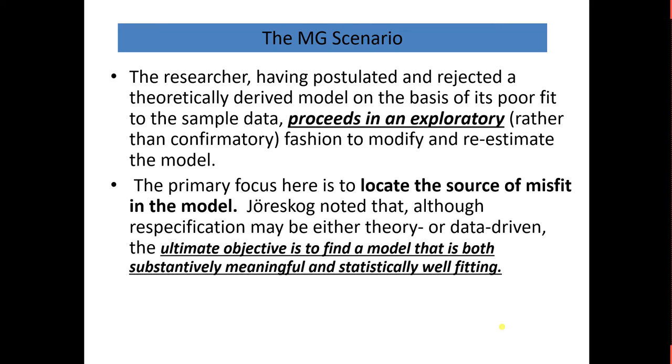This model modification and retesting may be either theory driven or data driven. Suppose one model is rejected, then we can modify our theory, because the theory we have adopted may not be correct, and then we will follow some other theory, and according to that theory we will change the pattern of relationship among variables and then retest it, and if the model comes out fit we will say this theory is more likely to be represented by this model.